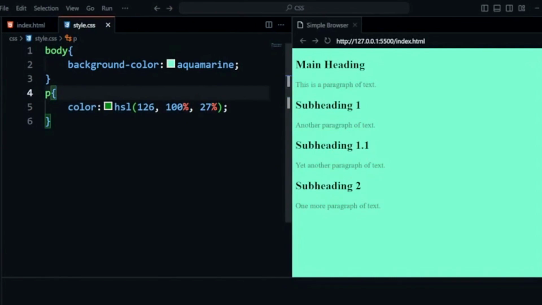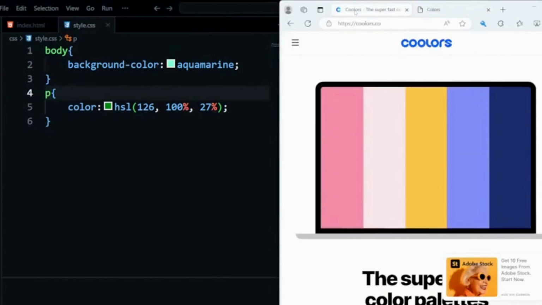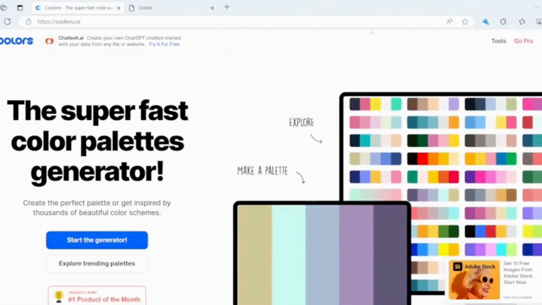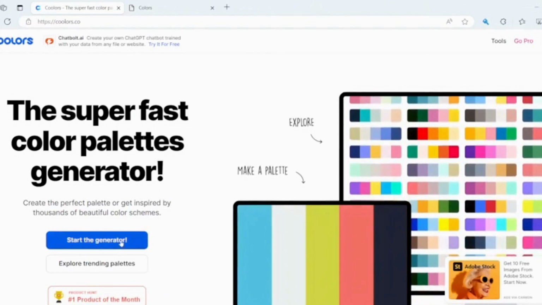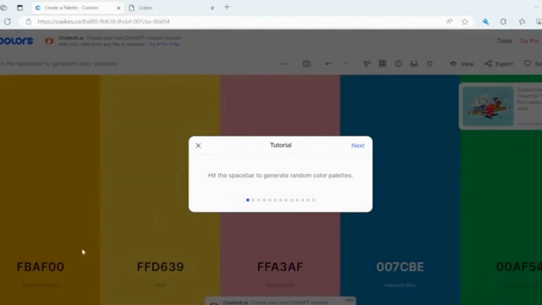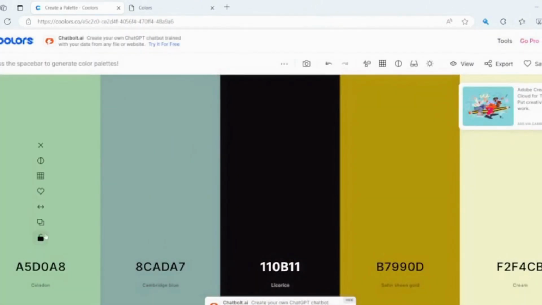Now I want to give you an overview of a useful website, which is colors.co. From this website you can get an overview of some color themes, and you can select a color theme from here.